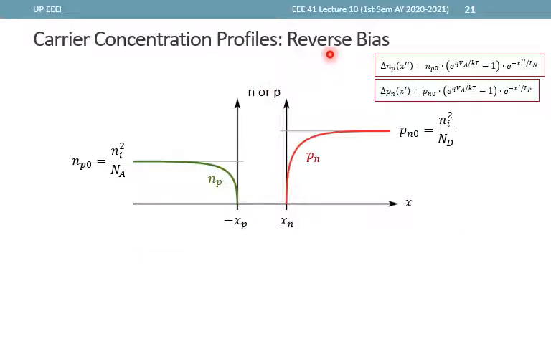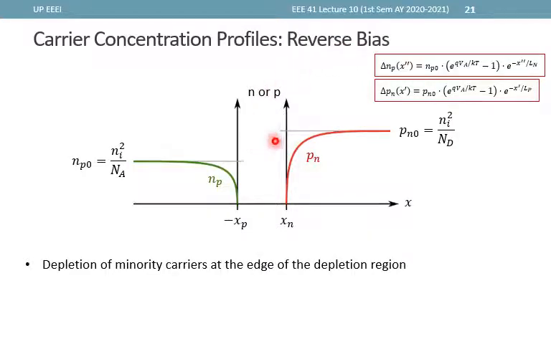Now, for the reverse bias case, this time there will be a depletion of minority carriers at the edge of the depletion region. Instead of having some excess, there is actually a deficit of minority carriers at the edge of the depletion region. So inspecting this further, at the edge of the depletion region means at x prime is equal to 0, or at the other side, x double prime is equal to 0,